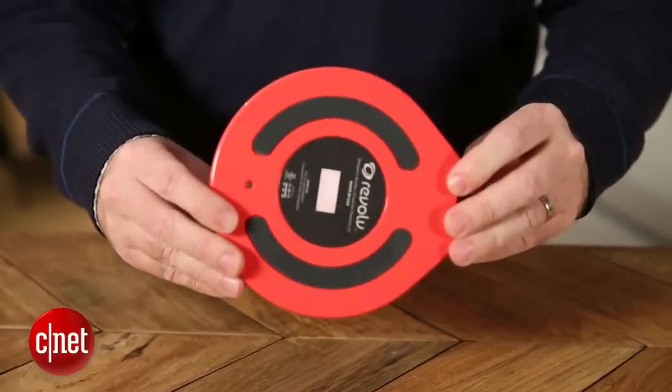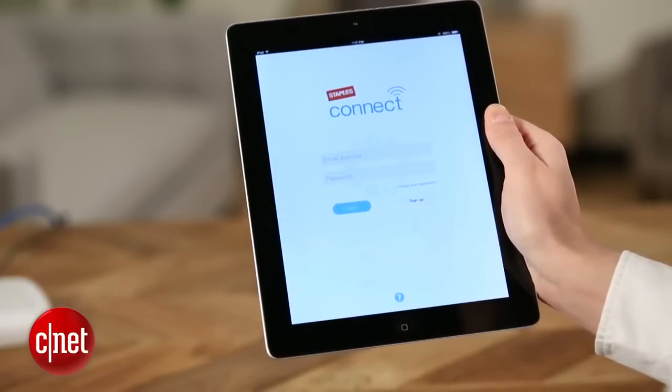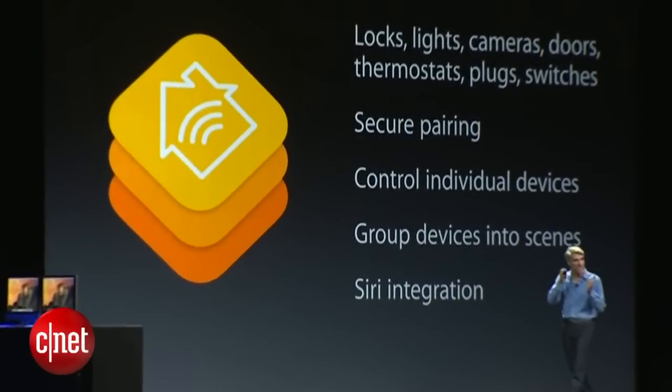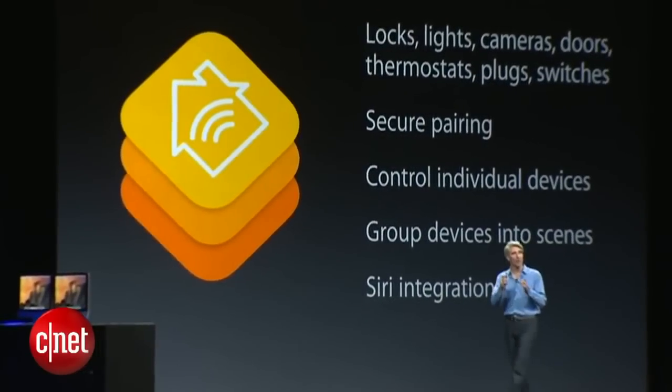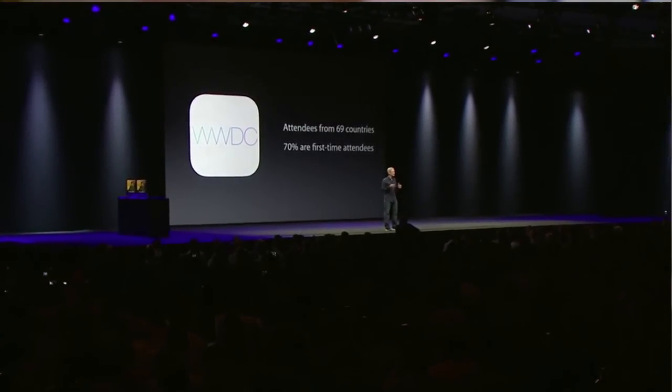Products like Revolve or the Staples Connect Home Hub are a middle layer of hardware and software that seek to broker the relationship between your phone or tablet and the devices that now control your home. Apple's HomeKit would seem to give us a place to get closer to our connected home devices in a more simple, transparent manner, giving developers a single place to tie back to where they know they'll find enormous critical mass